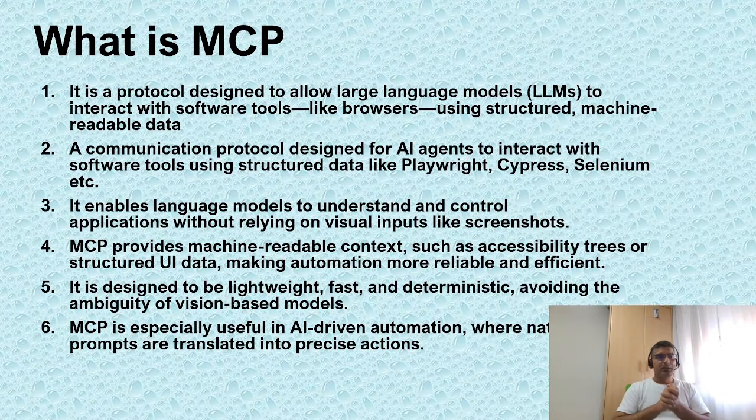Okay, let's start again. So this is what MCP is all about. Let's say I'm a Selenium developer. I will create an MCP-driven protocol so that MCP can talk to the Selenium APIs behind the scenes. I will come up with some libraries called Selenium MCP, and using the Selenium MCP you can call all the Selenium APIs, and hence you can easily access each and every functionality of Selenium. This is the high level idea behind MCPs.